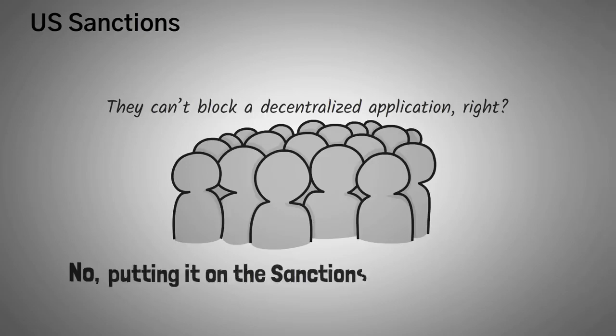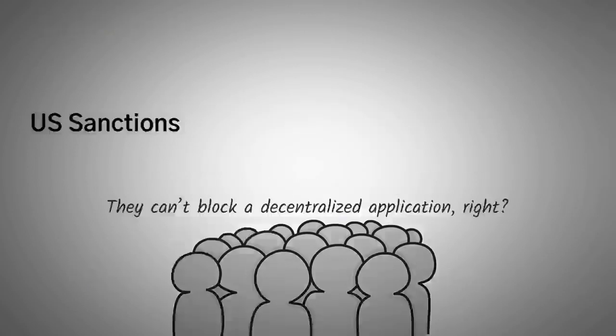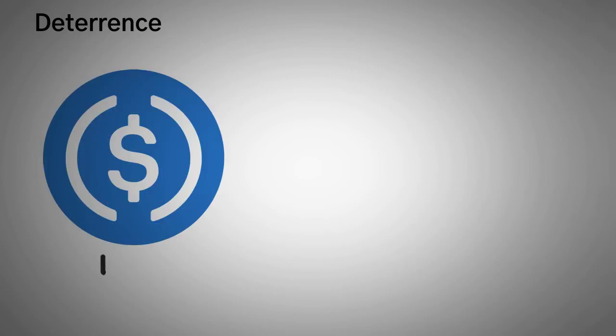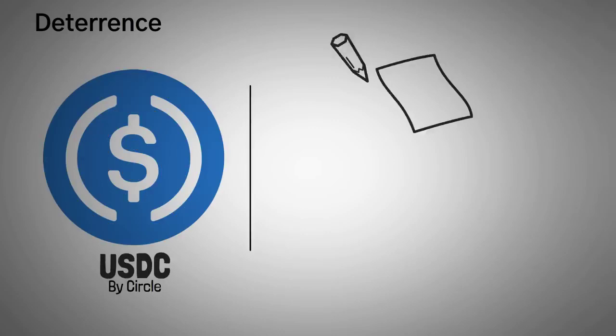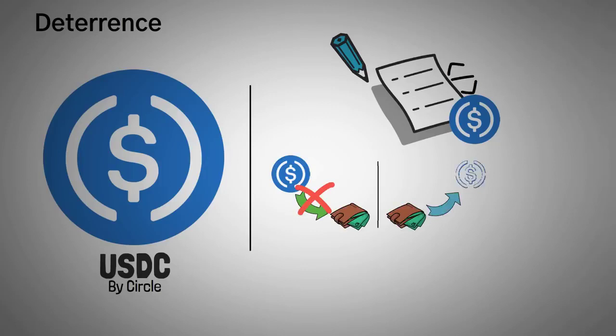However, putting it on the sanctions list is going to have a ton of second-order consequences. Let's get into those. For starters, any tokens used on the platform must prevent usage of that application if possible. So here's one example. USDC, which is a token created by the company Circle, actually has a few functions in their token smart contract to do some pretty clever things. In fact, Circle can block their USDC token from being deposited into any account or being withdrawn from any account